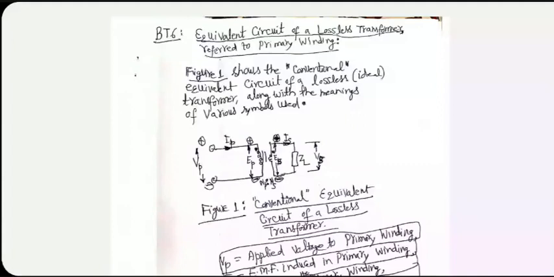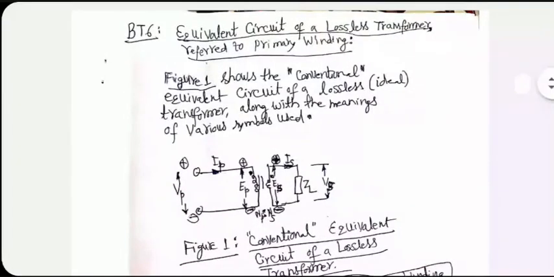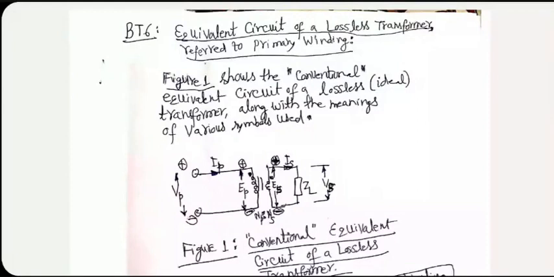I have shown you the so-called conventional equivalent circuit already in the previous lectures for both lossless and lossy transformers. For a lossless transformer, it was a very simple equivalent circuit. The primary had no losses, no inductance, nothing. So the applied primary voltage became the EMF in the primary. And the same thing on the secondary. The EMF generated in the secondary became the secondary voltage available across the secondary winding.